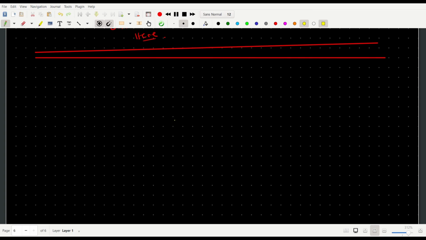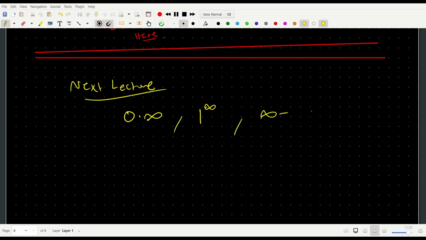So we'll work with 0 times infinity indeterminate forms, 1 to the infinity indeterminate forms, infinity minus infinity indeterminate forms, and some more complicated examples, and see how to deal with these types of indeterminate